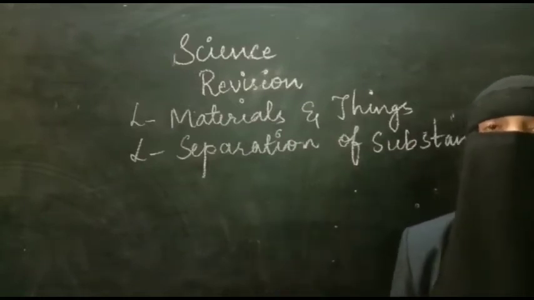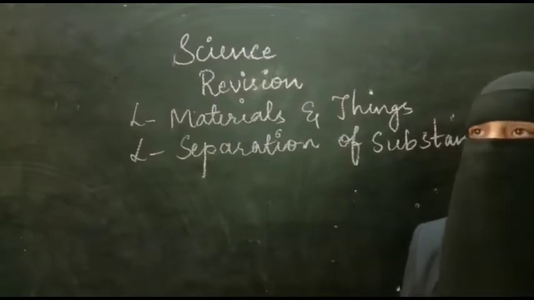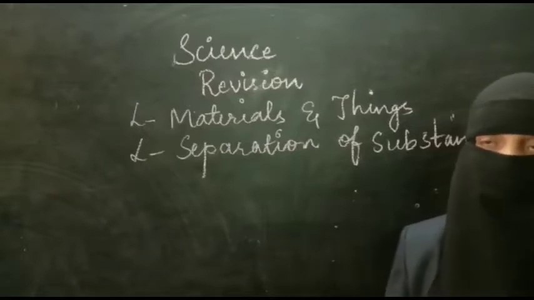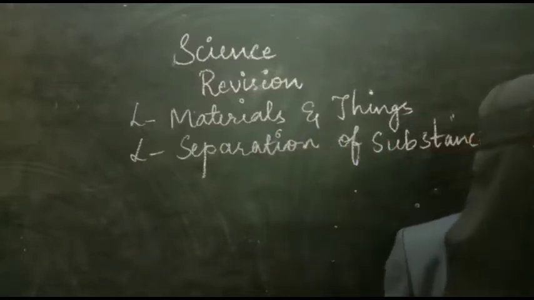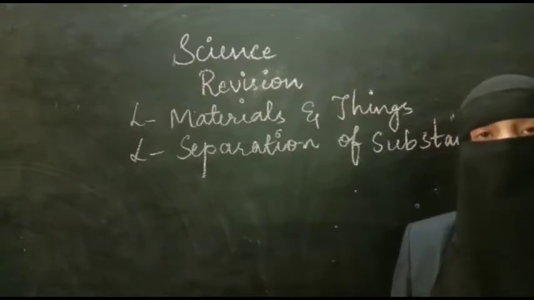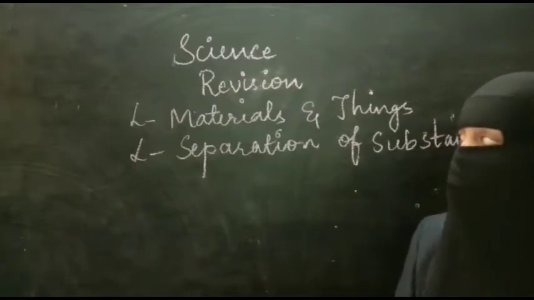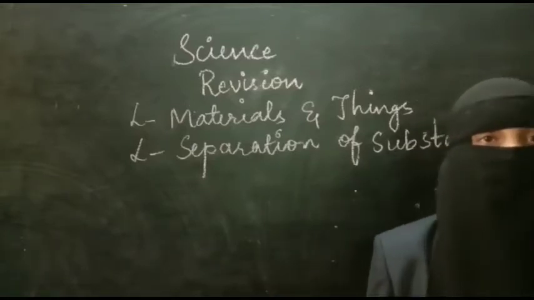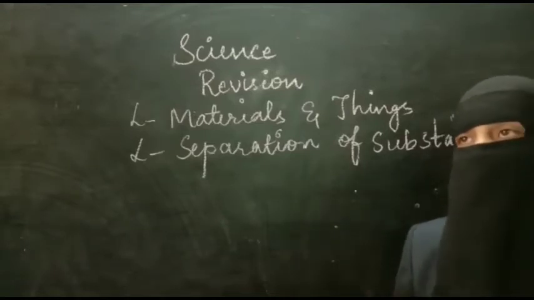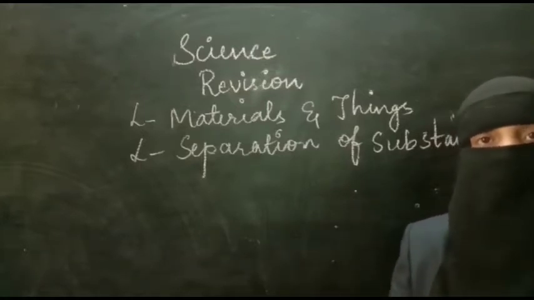In these lessons you have learned how materials can be sorted into different types based on the passage of light, based on the state, and based on solubility and insolubility. You have learned that in the lesson materials and things, and you have also learned how different types of materials are used for making different kinds of objects. Like if you want to make a scale, you can use wood, you can use iron, you can use plastic. By using three types of materials you get a scale.